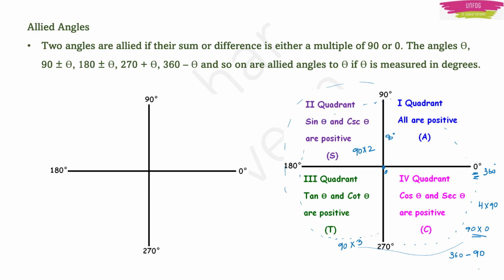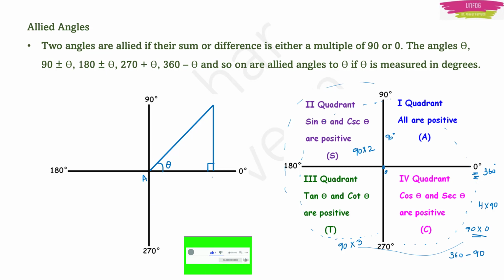Now I'll explain some more things. Like this is one coordinate axis, x and y axis is there. Here we are drawing lines like this. I am making one angle theta here and I am making a right angled triangle. Okay. Now this is my A, B and C. If I want to see what is sine of this theta, cos of this theta and tan of this theta,